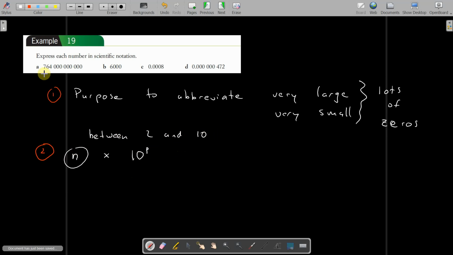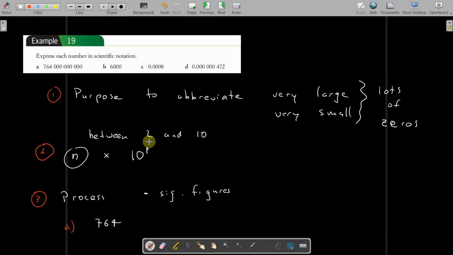Okay, so let's have a look at the process. Now we've got 4 examples in front of us. So the process firstly is to take the significant figures in the number already. So let's go significant figures in the number, and this first one has 3. So part A, I'm going to take those 3 significant figures,